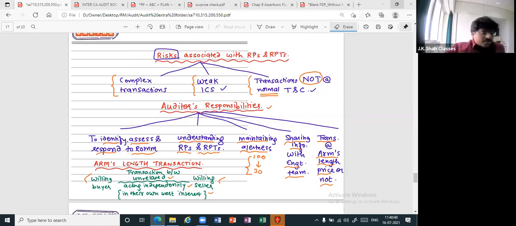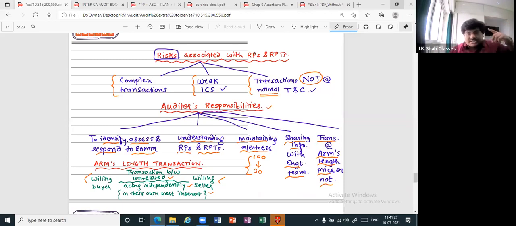Controlling ownership is what? Supposing ultimately I have more than 25% shares in one company. I have more than 25% shares in the other company also. Then ultimately I have substantial interest in both the companies. Similarly, say I have more than 51% in one company, more than 51% in the other company, like most of the promoters do. Then in that scenario, can I say I have controlling ownership? Now I'm the major shareholder. So that becomes controlling ownership. When one person has control over both of them, one person is the owner of both of them, then that becomes what? Correct. Related parties, no?